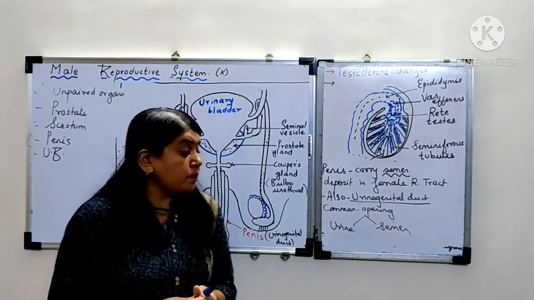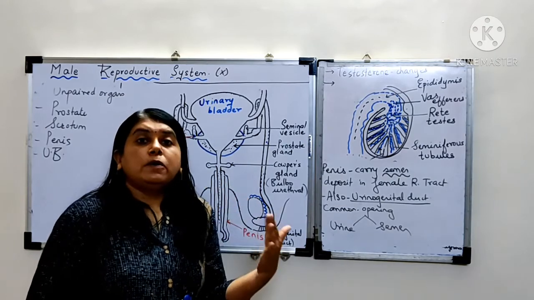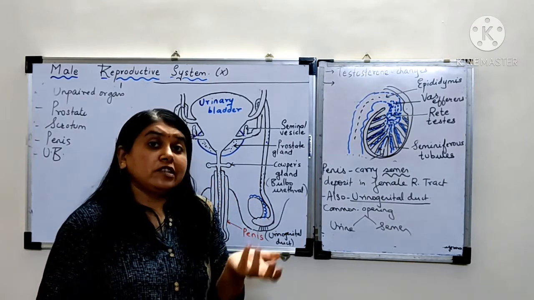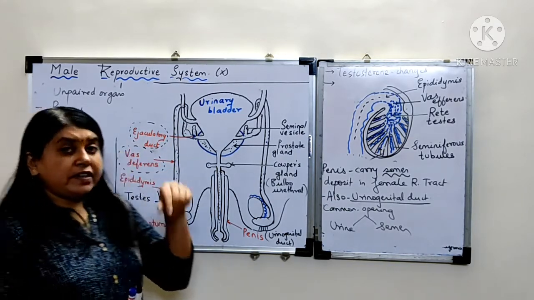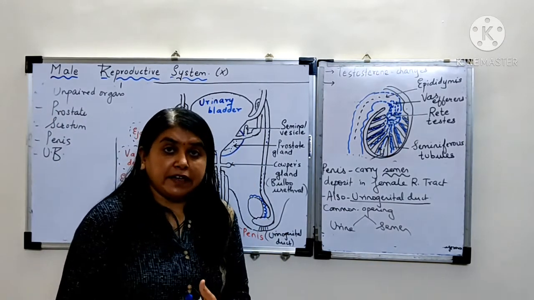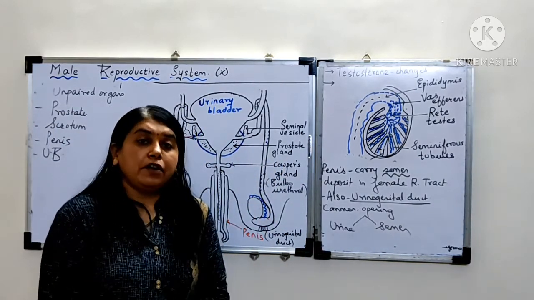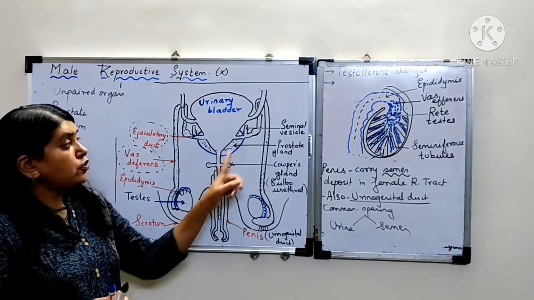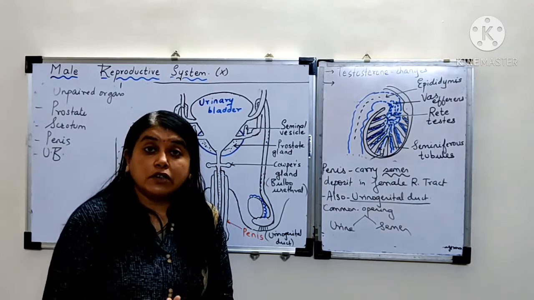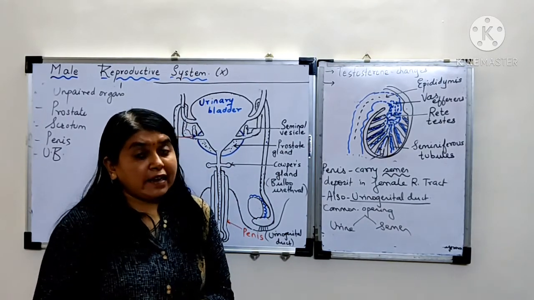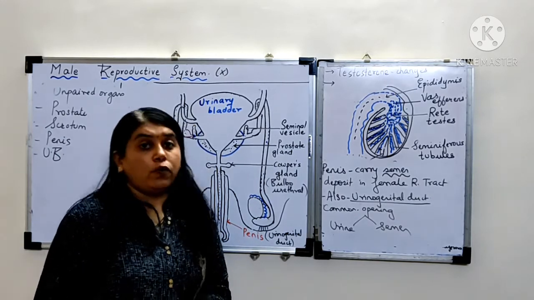Scrotum is going to maintain the body temperature, because sperms get killed if the body temperature is higher. Then the sperm passes through these glands. When they pass through the glands, they get activated. The function of the penis is to deposit the semen in the female reproductive tract. The function of seminal vesicle, prostate and Cowper's gland is to secrete some secretions so that the sperms get activated and energized in order to fertilize the ovum, right?